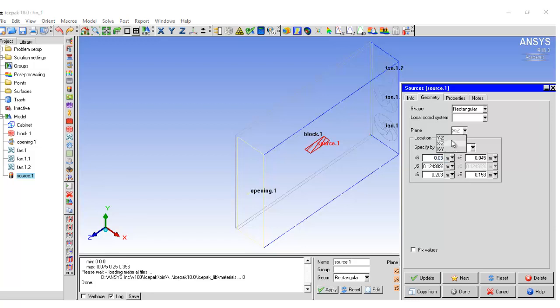Sorry, it's in the YZ plane. The x starts at 0, and there is 0.0315, and the y ends at 0.0385, and the z starts at 0.1805, and the z ends at